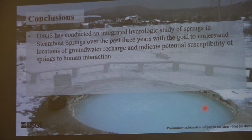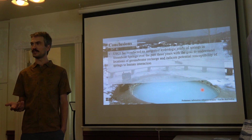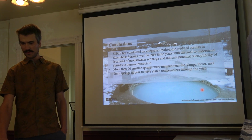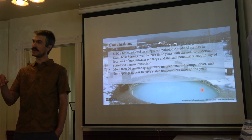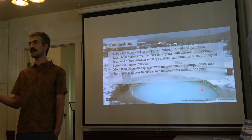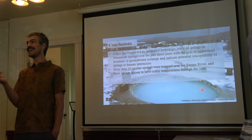So to wrap everything up, the USGS has conducted this integrated hydrologic study over the past 3 years to understand the sources of groundwater recharge and the potential susceptibility of springs to human interaction. And more than 20 smaller springs were now mapped near the Yampa River, and these springs have apparently stable temperatures throughout the year, but we'll be providing the coordinates of these springs to the city and the stakeholders so that they could be monitored going forward, because now that we know where all of them are, someone could go back once a year and check their temperature,